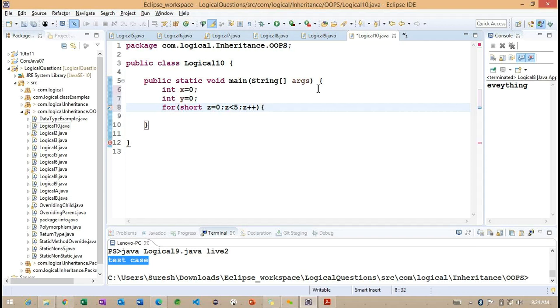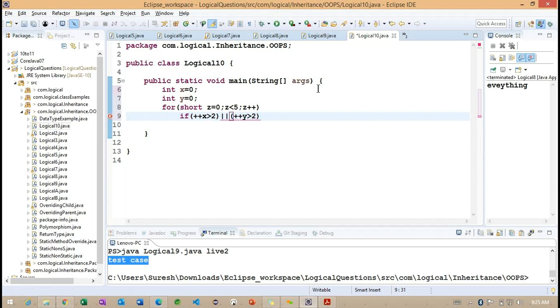Right. Now here I want to check with the condition. So what is the condition I'm checking here? If this particular ++x is greater than 2, or I want to check with one more condition, the ++y is greater than 2.